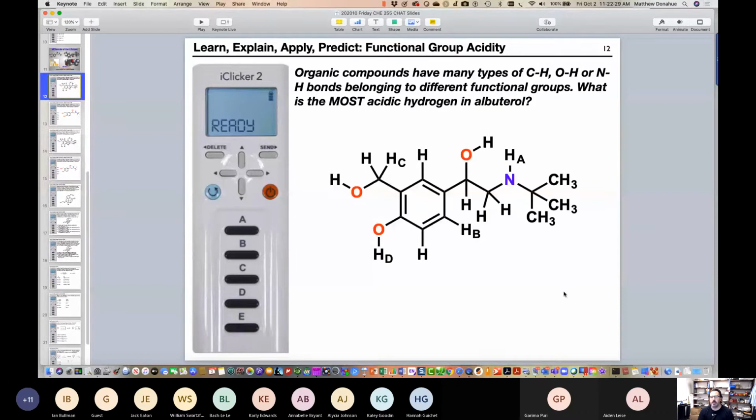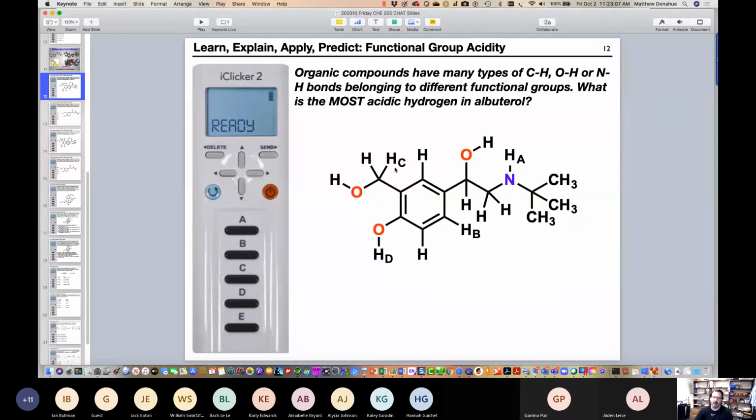So let me ask you this. We sort of touched upon this this past Wednesday in the chat session, that generally speaking, CH bonds are less acidic than heteroatom-H bonds. So we can sort of see that HB should definitely be less acidic. So that leaves us A, C, and D. But